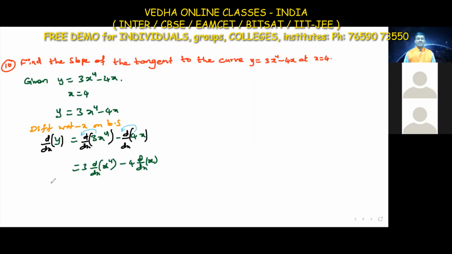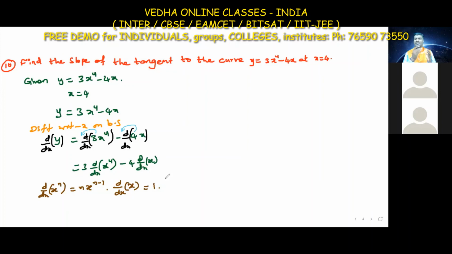Here we are going to use the formula. Just now we discussed the d by dx of x power n formula, that is n into x to the power n minus 1. So repeat the formula once again, all of you three times. d by dx of x power n is equal to n into x to the power n minus 1. All of you repeat with me.